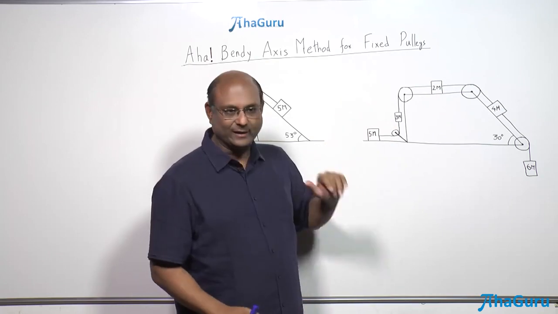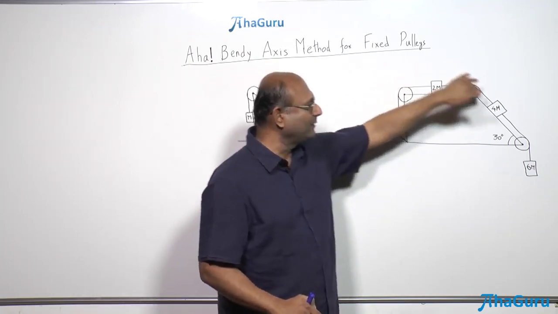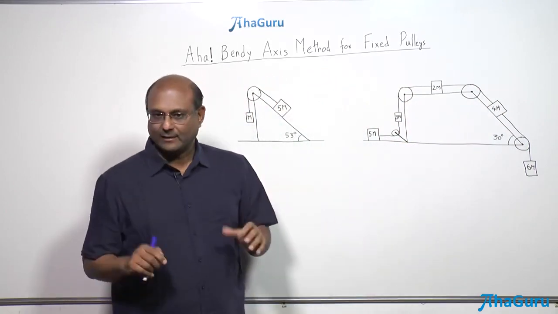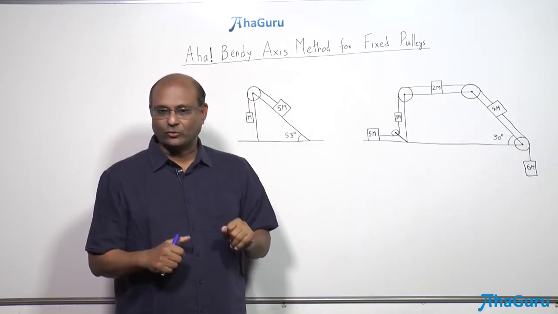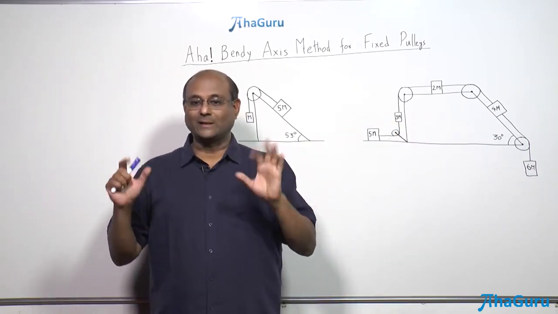Well, obviously not quite, because this is moving like this, that is moving like that. But broadly, you can see that they will move like this. They all have similar or same acceleration magnitude. The direction of acceleration, of course, is different. We will see how you can solve all this in one step.